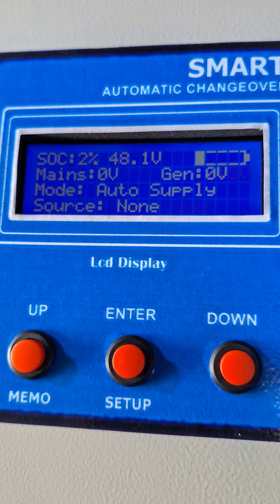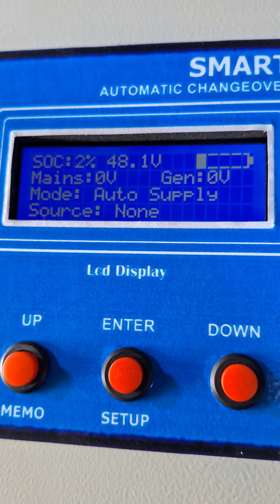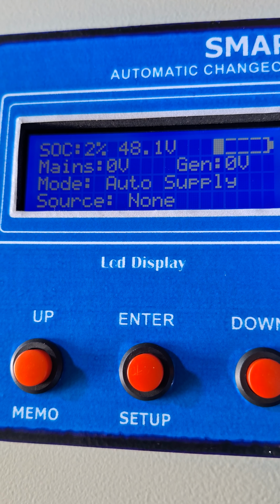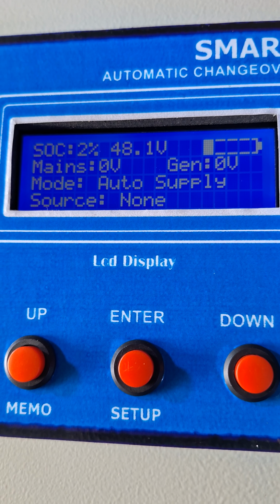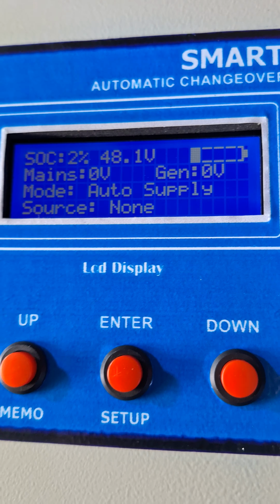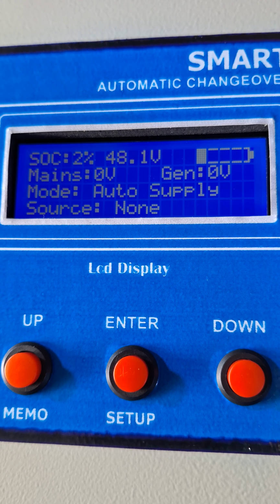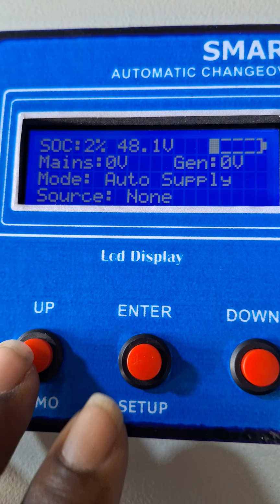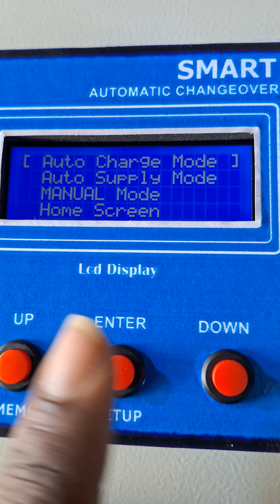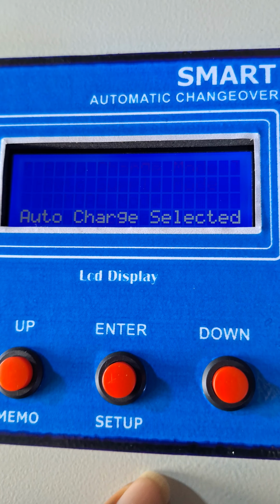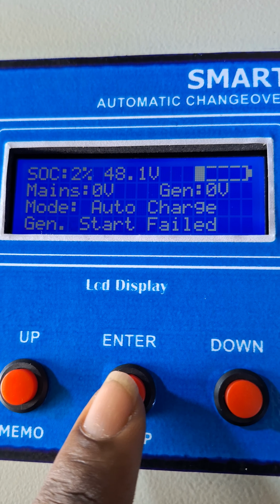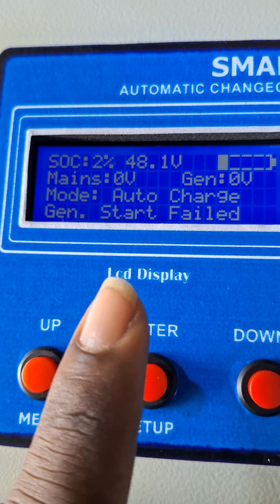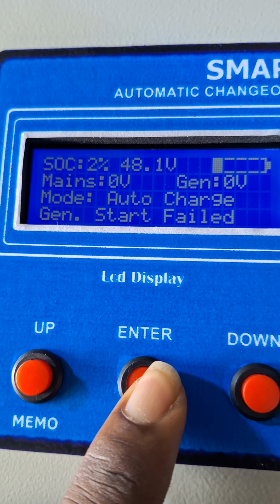Now right now it's trying to start the generator because there's no source from the mains, neither from the generator. So after a while, if it tries to start the generator and there's no voltage from the gen, it will display gen fail. And on that mode again, we have the auto charge we explained earlier. So let's see auto charge. Now this one works by you setting the threshold. You can see it's showing gen start field. When you press the enter button,